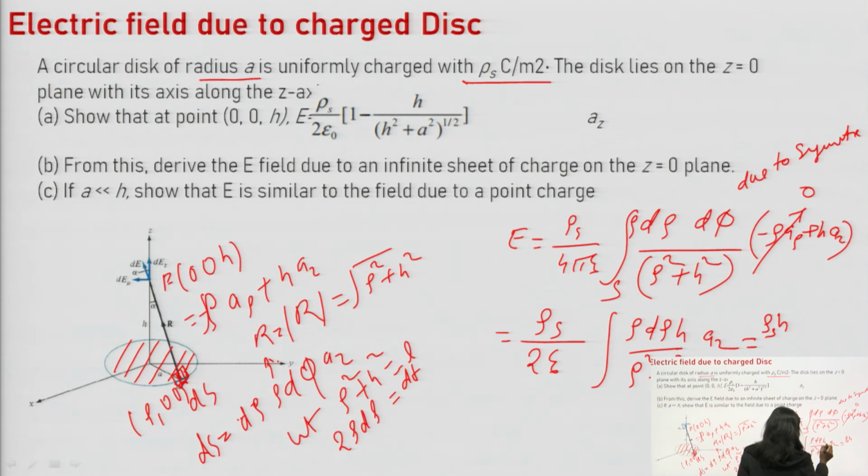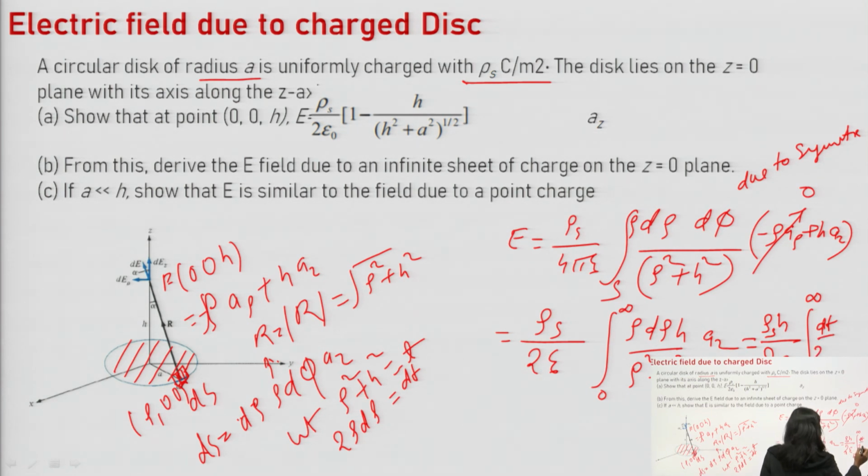H is also a constant quantity which will come outside, so we have taken it outside, 2 epsilon. Now under this rho is varying from 0 to infinity, but as we have converted it into t, now this will vary from h square to infinity, and here we will write dt